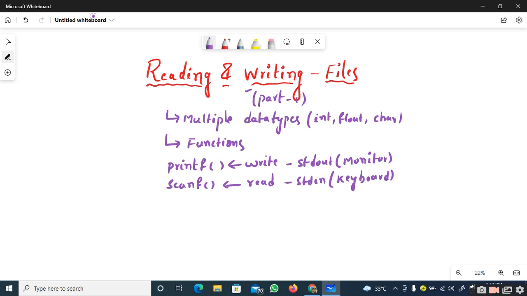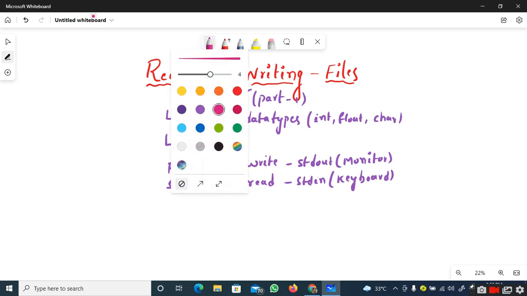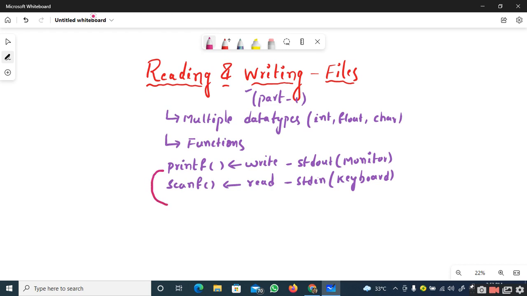And we know very well about the syntaxes of printf and scanf. The syntax for printf has two parameters. The first parameter is the list of format specifiers and the second parameter is the list of values.